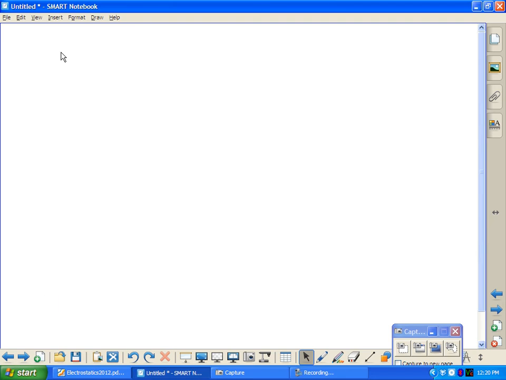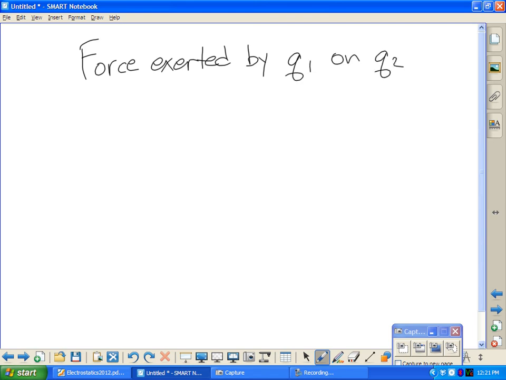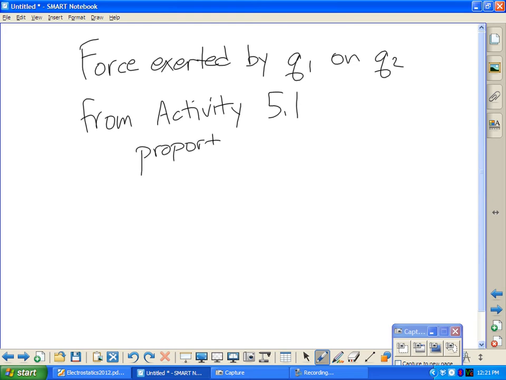Okay, we are talking about, here is our summary, our short version. Everything you need to know about the force that one charged object exerts on another. The force exerted by some charged object, Q1, on some other charged object, Q2. And what we saw from activity 5.1 was a proportion. If you have a charged object with charge Q1, and another charged object with charge Q2, it's